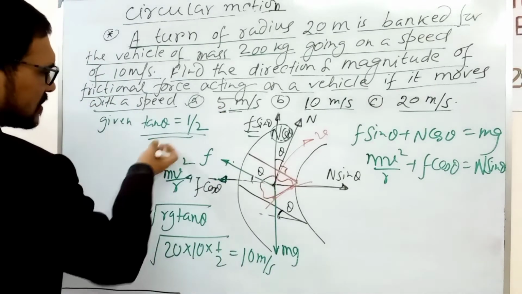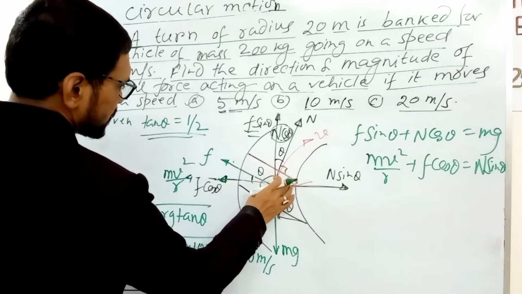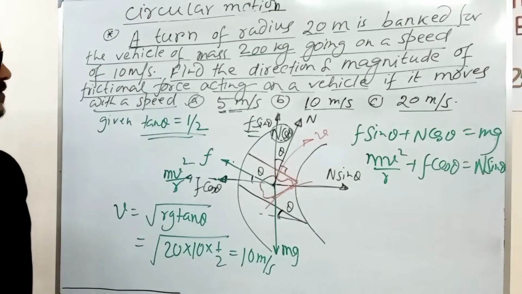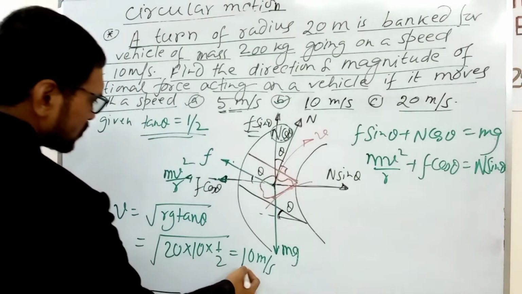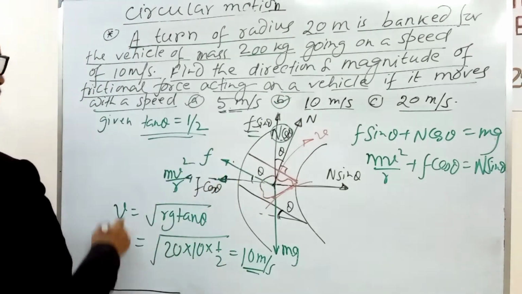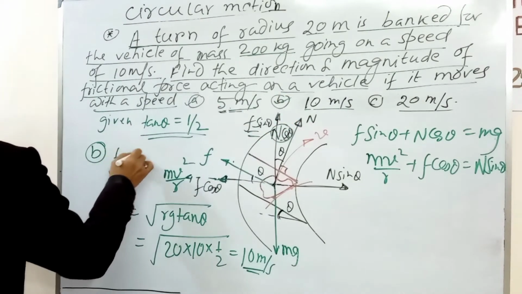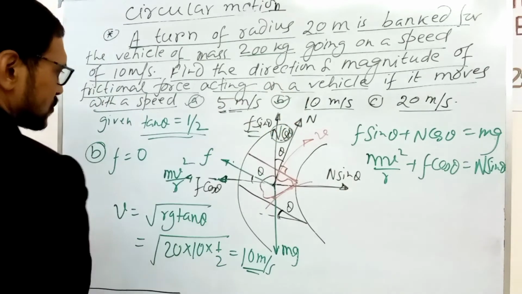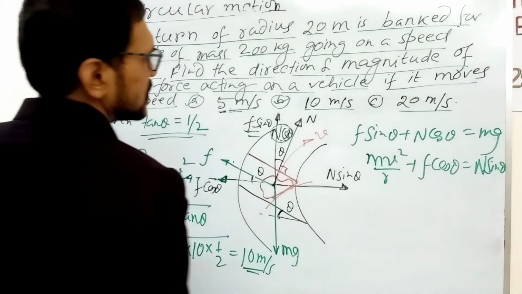So friction is in this direction, so that this friction prevents the slipping of the car downward. And now we get the first answer, B, because at this velocity friction is 0. So for the answer of B, friction equals 0. Now 5 is less than 10, so friction acts upward. And what is the friction force? We cannot